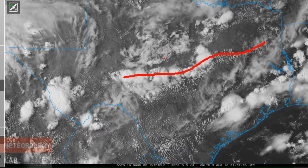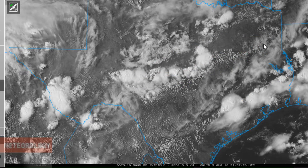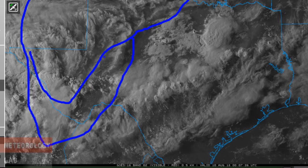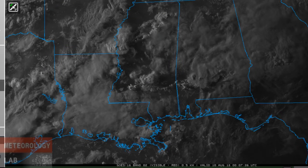So this is the focus for storms in North Texas, and then, of course, the sea breeze, another focus for storms. And then we finish that up. Lots of thunderstorm activity and a lot of cirrus clouds. This is probably debris from the monsoon storms being picked up by that westerly flow and advected into Texas. So kind of a mostly cloudy pattern in this part of the country. Southeast U.S.,